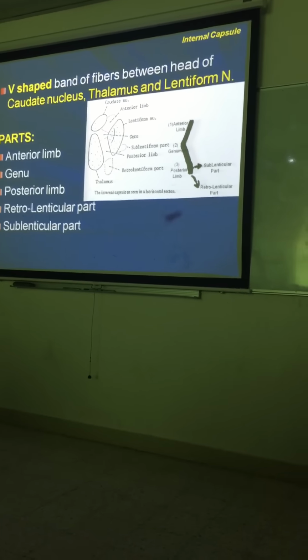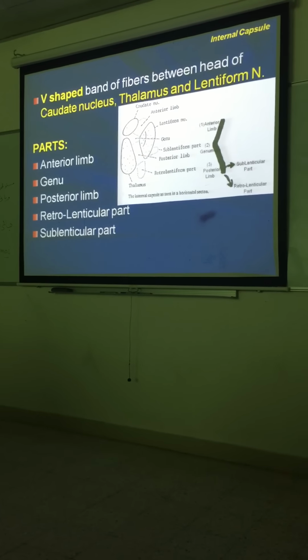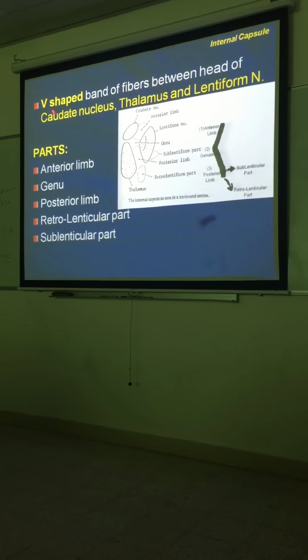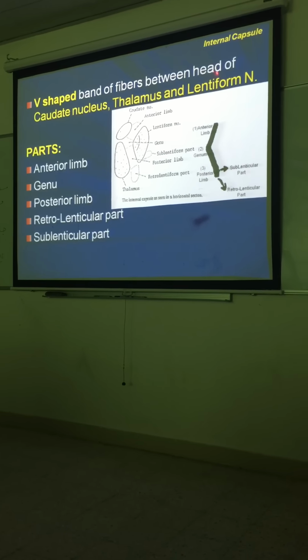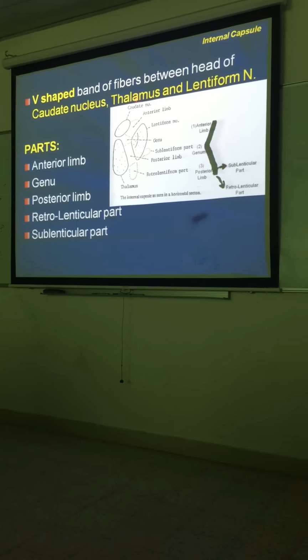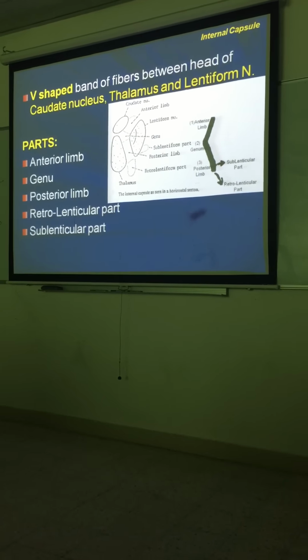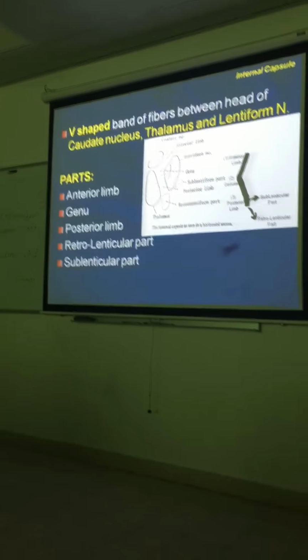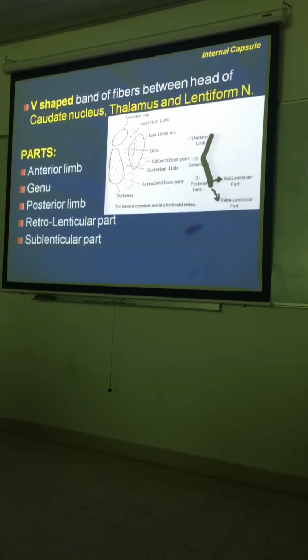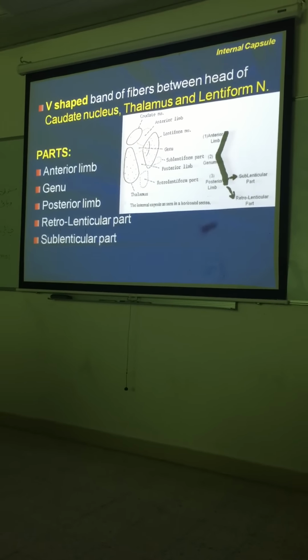What is the definition? Internal capsule, it is a V-shaped band of fibers between head of the caudate nucleus, thalamus and lentiform nucleus. Remember that this is the place, this is the internal capsule. If you go inside the cerebrum,